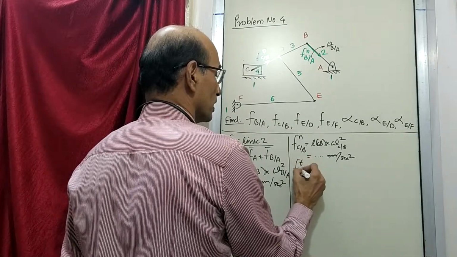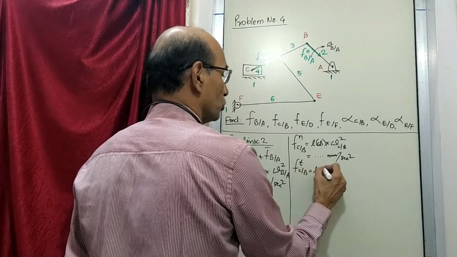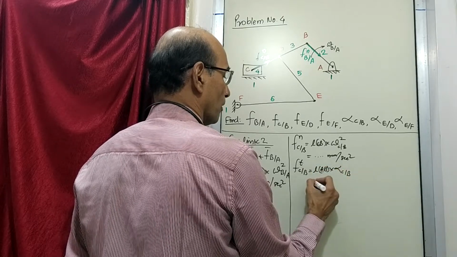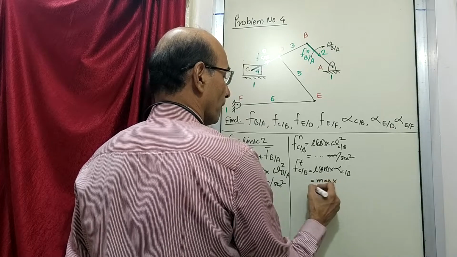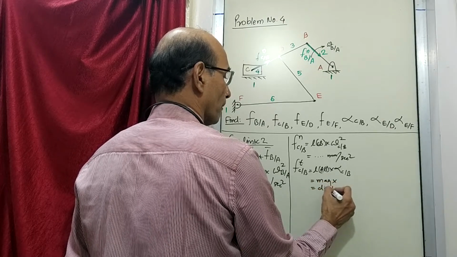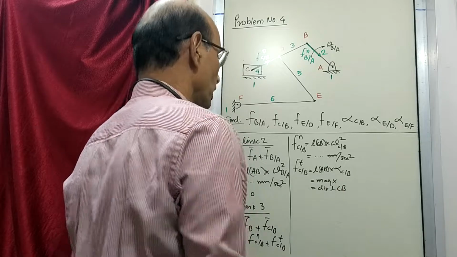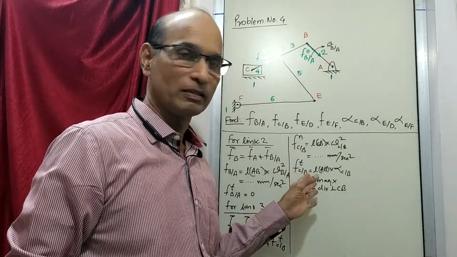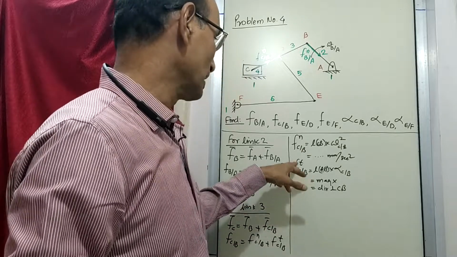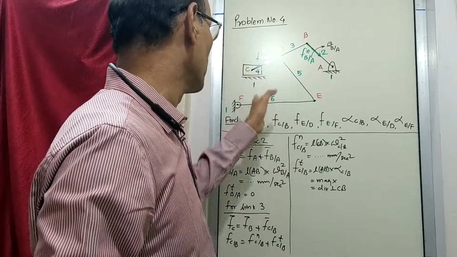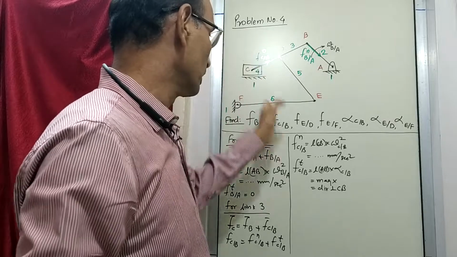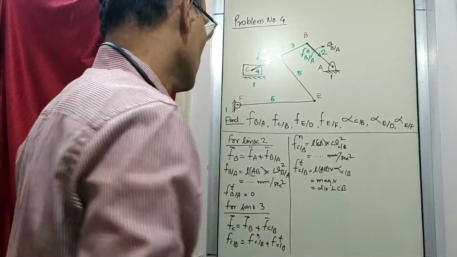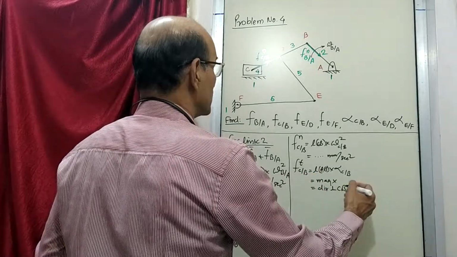The tangential vector is r into alpha. Now since we have done this many times, there is no need to explain. So tangential of C with respect to B is perpendicular to CB like this, but its magnitude is not known because the alpha is not known, it is asked. So we will not be able to do more than this.